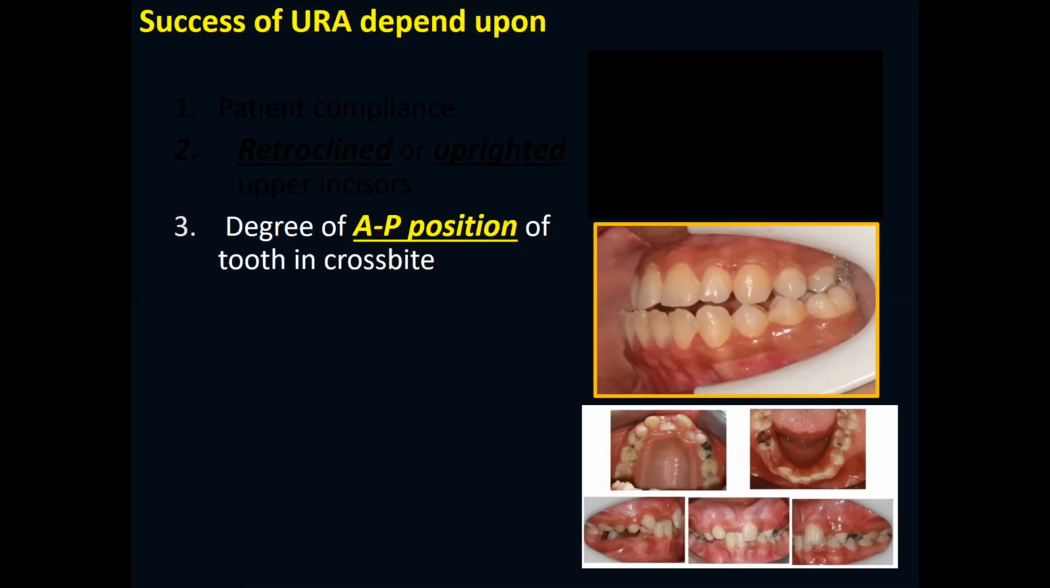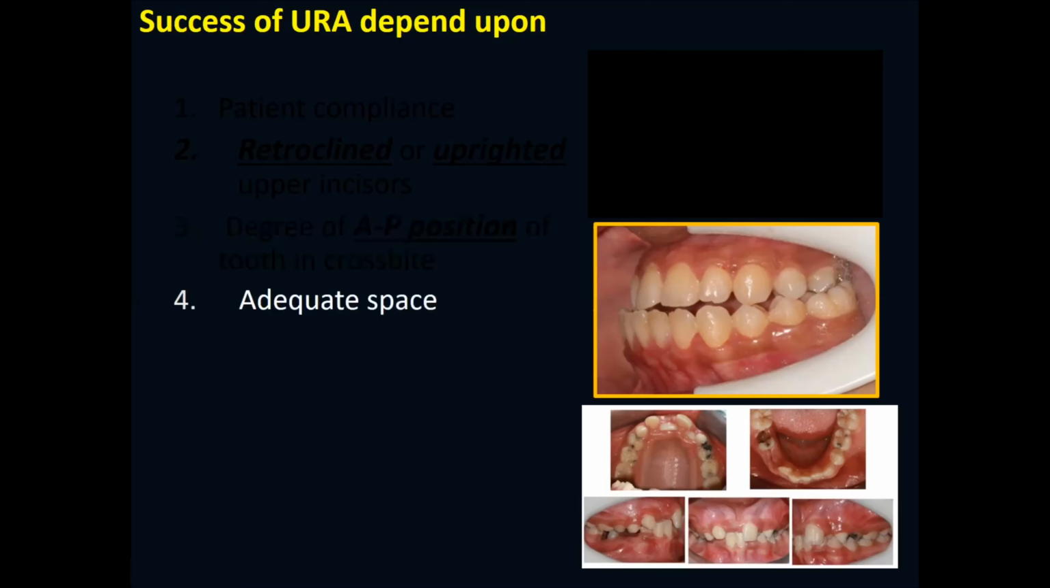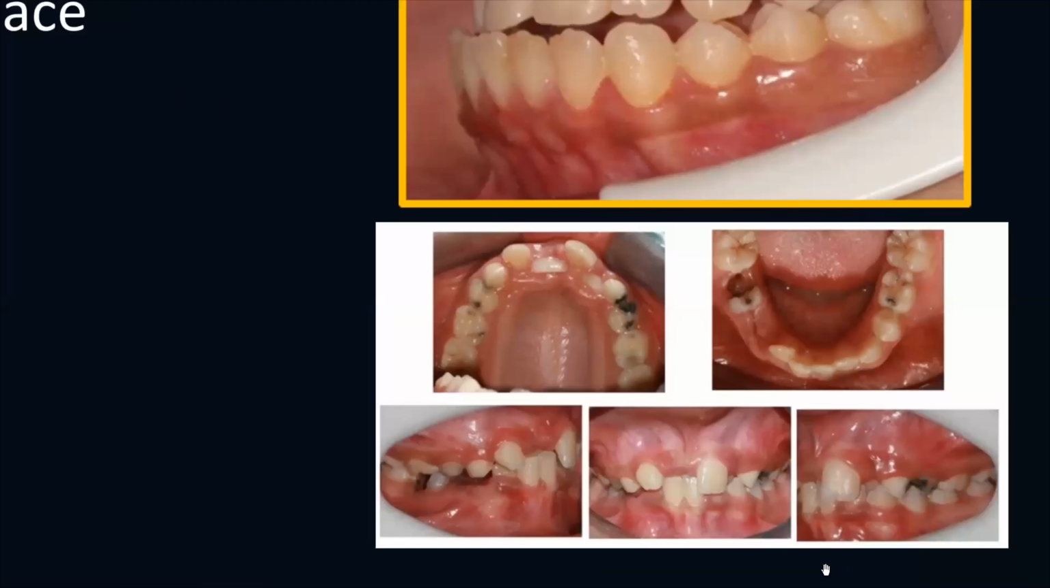So the degree and the position of the upper incisors before the start of the treatment is a very important variable for the success of the removable appliances. Another very basic principle for the removable appliances for the correction of the anterior crossbite is the amount of the space. If you do not provide adequate space, then what if I'm just pushing and giving any kind of